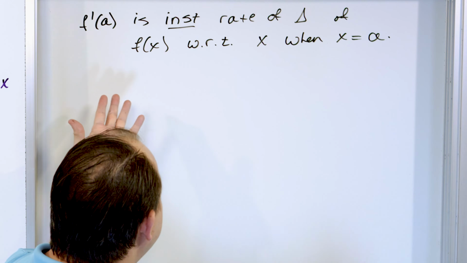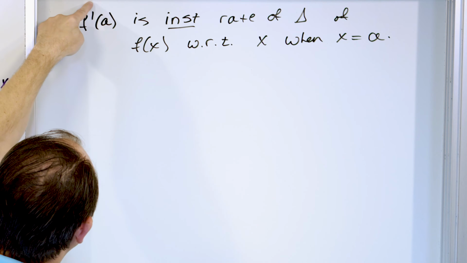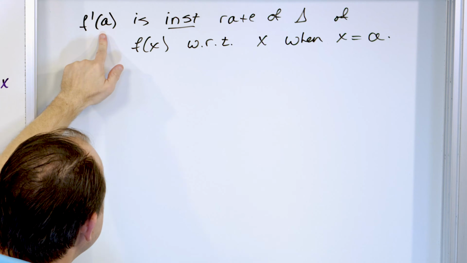All this thing is saying is that the derivative f prime evaluated at A, when x is A, is the